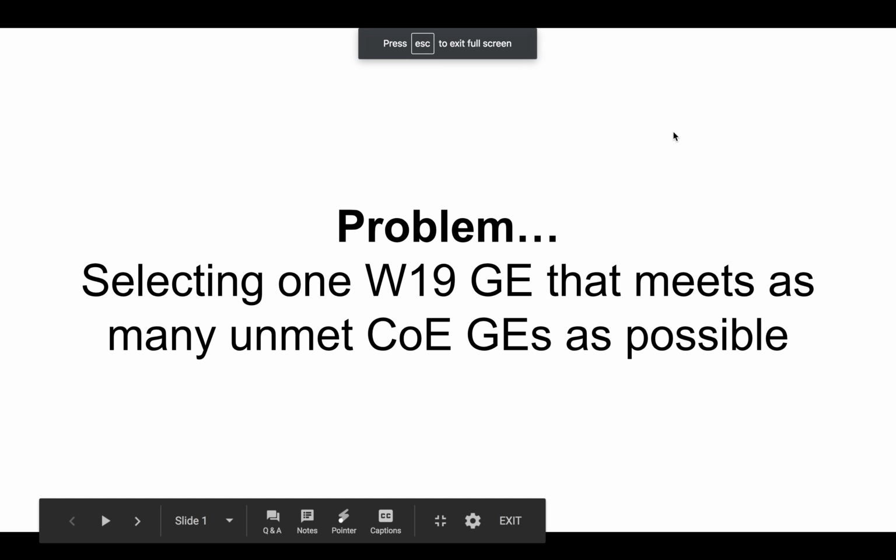Hi, I'm Phil Conrad, and I'm here with John Cutler, and we're going to walk you through the user story mapping for the problem that you see up here on the screen, which is building a web app that will allow you to select one Winter 19 Gen Ed course, GE course, that meets as many of your unmet